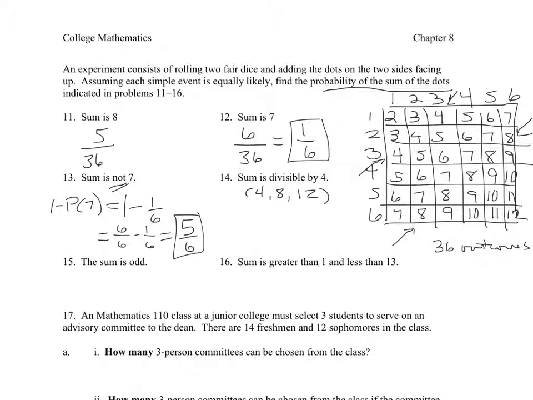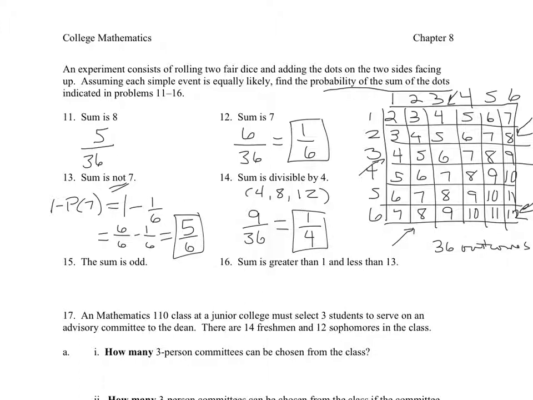Looking on the diagonal. So 1, 2, 3. Our 8 occurred 1, 2, 3, 4, 5. So 3 plus 5 is 8. Plus the 12 means I have 9 out of 36 that I have counted from the table. What I did is count up how many were 4s, how many were 8s, how many were 12s. When I added those up, I got 9. And 9 out of 36 reduces down to 1/4. There is a 1/4 probability I'm going to get two numbers that when I add them up, the sum is